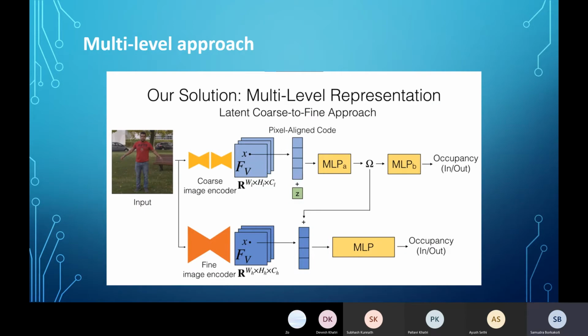Basically, they merged both methods, because one was supplementing the other. They used the coarse one to get the computation done fast, and the finer one to get the intricate details, and then they combined them together.